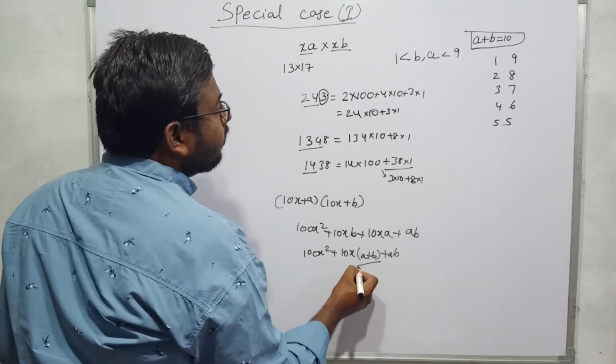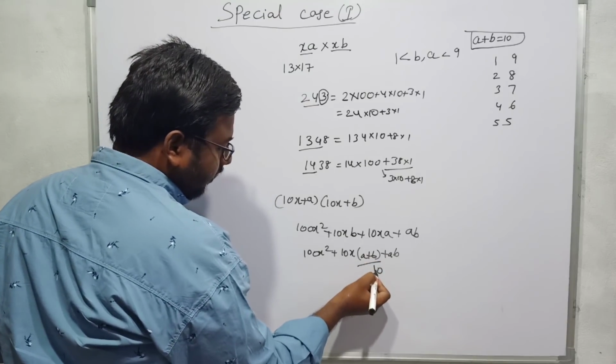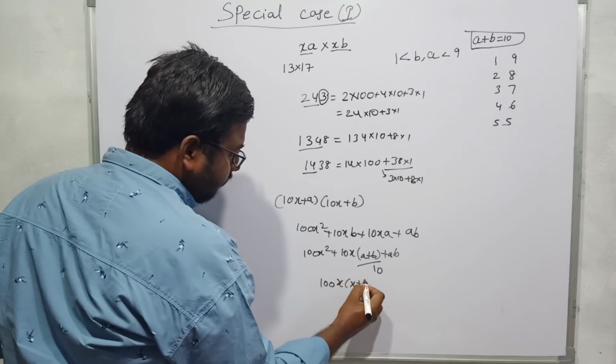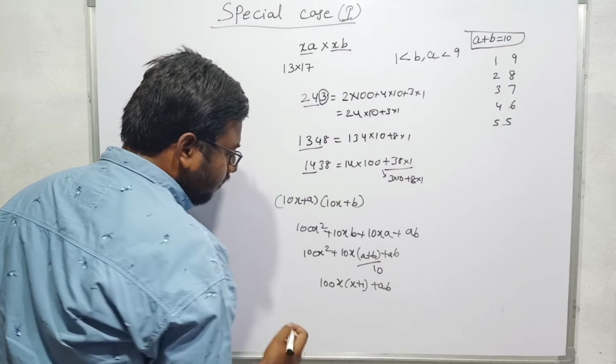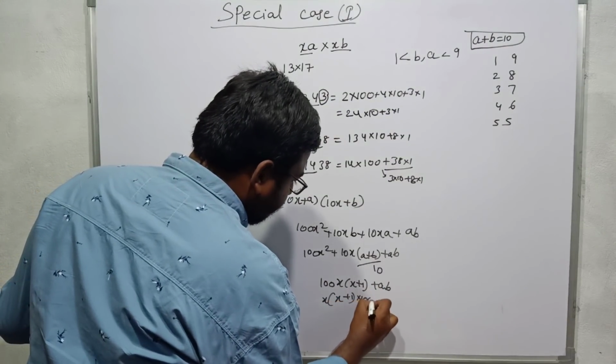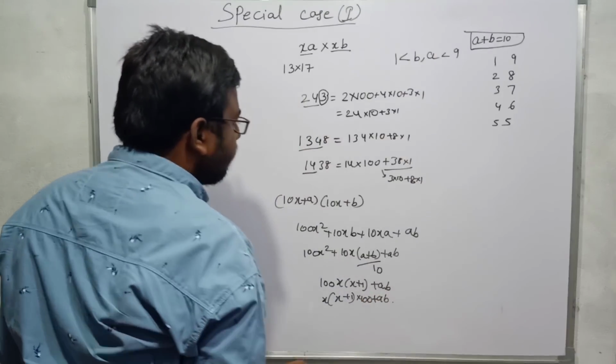We know that a plus b equals 10. So here I will get 100x. If I take 100 common, x into x plus 1 plus ab. I can write it like this also: x into x plus 1 into 100 plus ab. If you see this clearly,